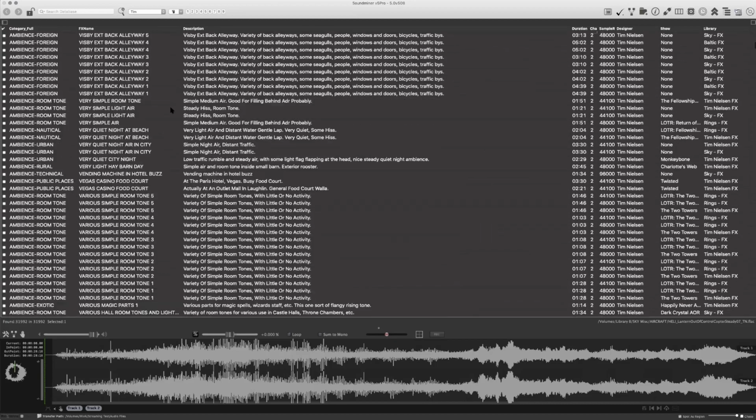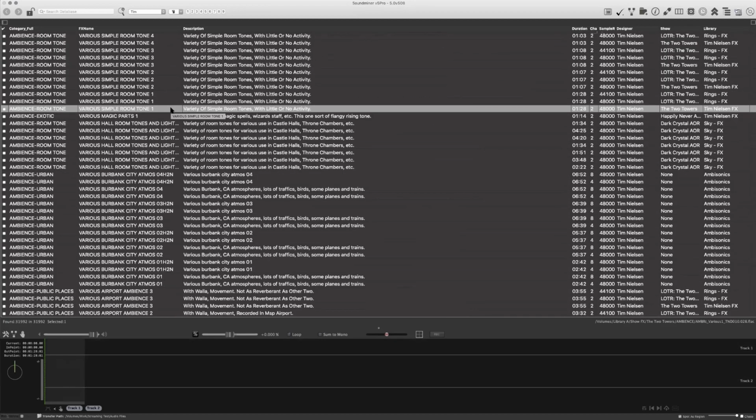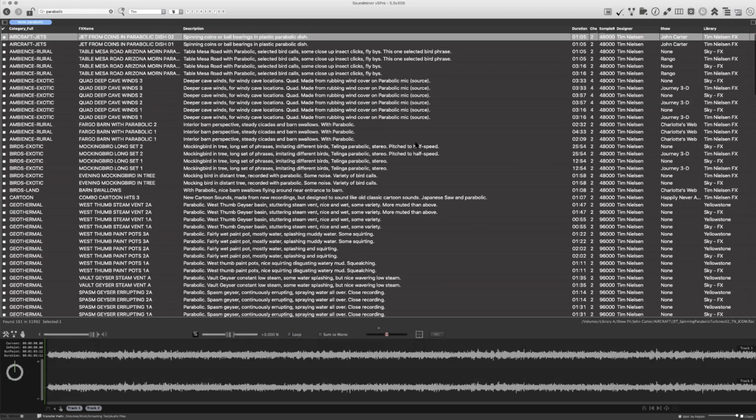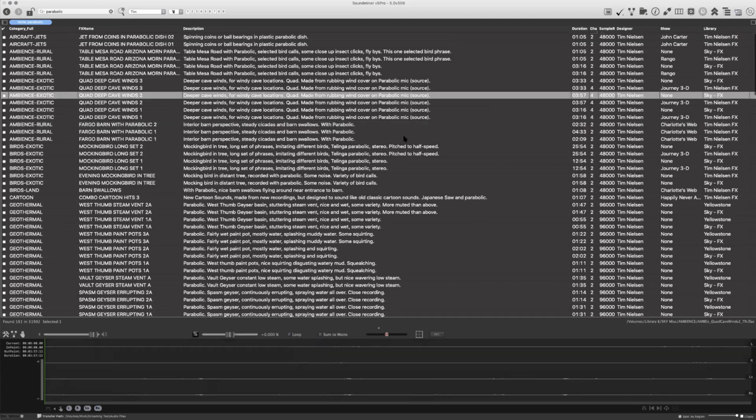And then you have the other categories like microphone and location, and those are useful, I guess, if you want to put those in. I tend to just put that information in the description because I know the description is always being searched, for example. So if I wanted to record something with my parabolic, instead of putting it in the microphone field, I'm probably just going to put it right into the description